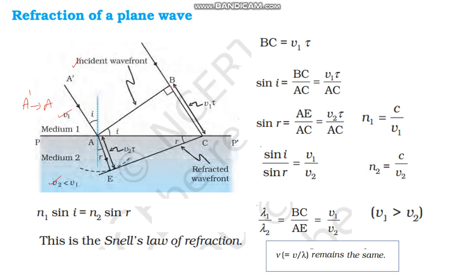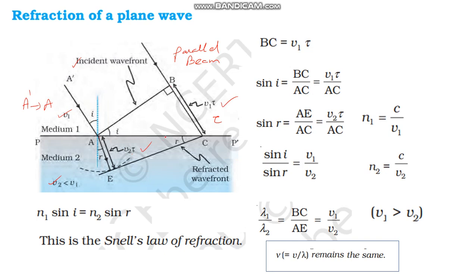Now the procedure for that is, these two rays have to be parallel. We are considering a parallel beam of light. So when this ray travels the distance BC in time tau, in the same time, because in this region the velocity is different, it is going to travel v2 tau. Here it is going to travel v1 tau, and here it is v2 tau.